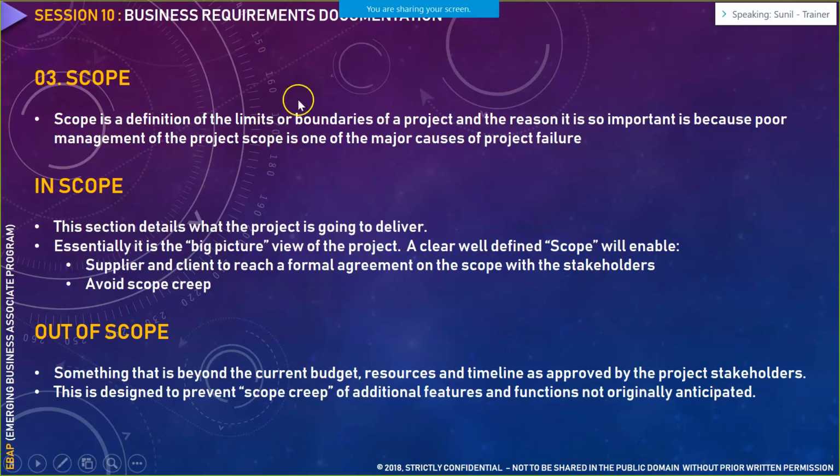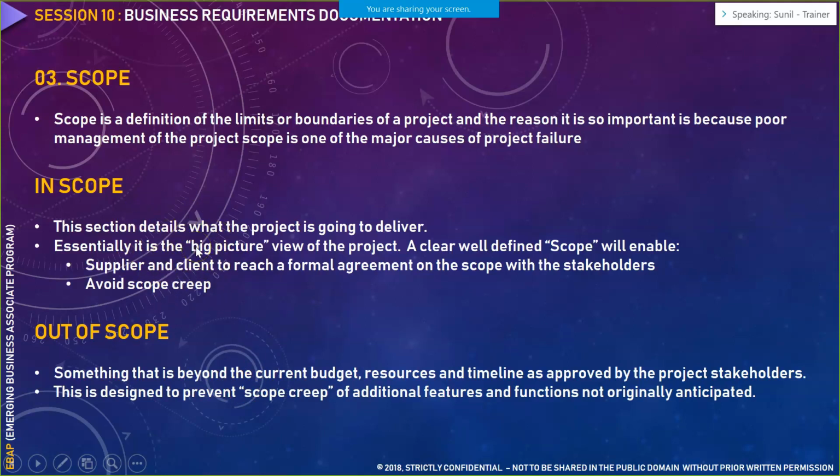So whatever you identify within the scope is called in scope, and whatever you feel is not part of the system is essentially referred to as out of scope. So in scope is something that you are going to deliver after the project has been completed, and out of scope is something that you are not going to deliver, and you clearly mention in your business requirement document that this is something that we are not going to deliver to the end customer. And in scope is like a contract that this is something that we are going to deliver.